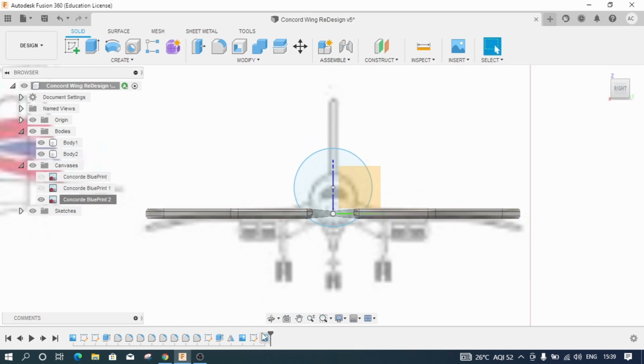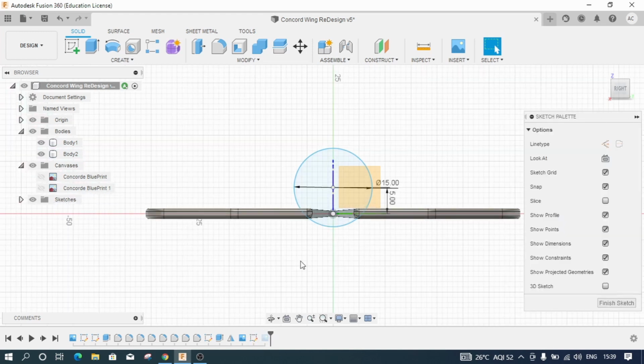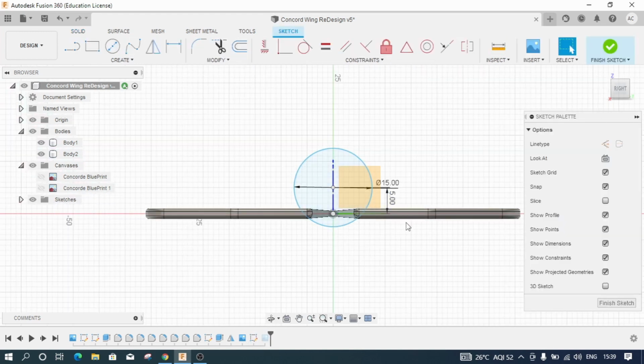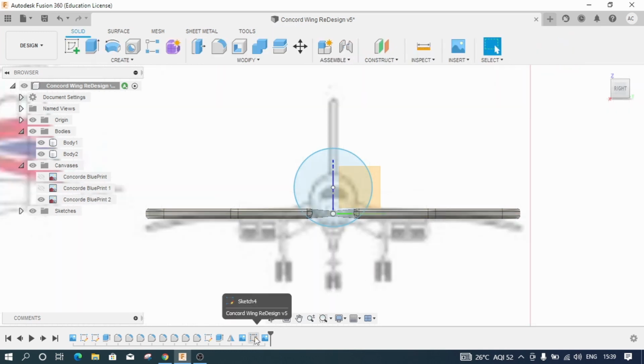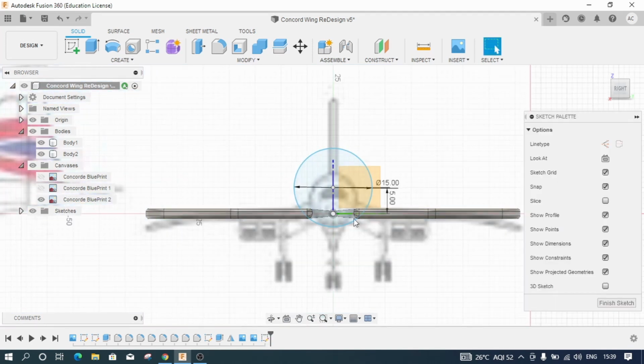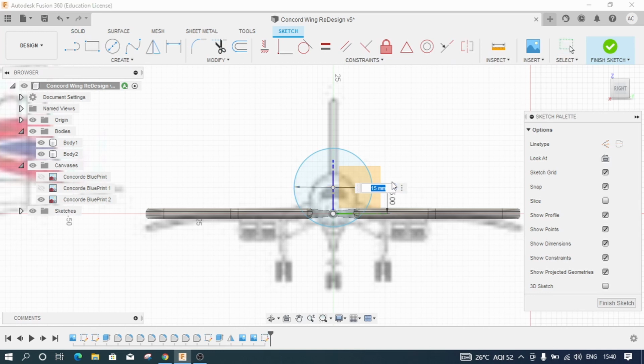And now I can go ahead on to this particular sketch again. I'm not able to see this particular canvas, so I will move this ahead. And let this be 12 mm, and let this height be 3 mm.